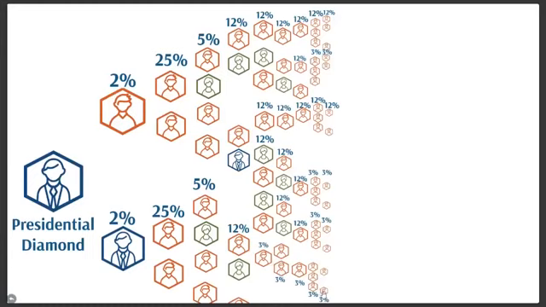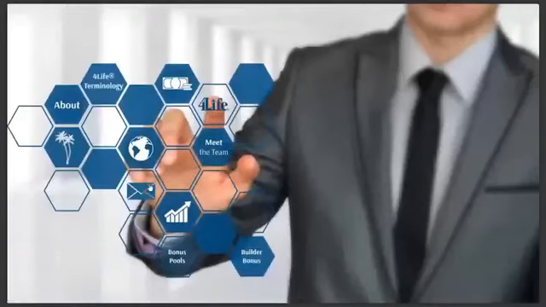But look how many times it pays Infinity Payout, because now he's getting one of those. He's either getting 12 on these ones, depending on if there's a diamond down here or not, or 6. And then he's going to get 3. And then the Infinity Payout 3 is going to go up to this presidential diamond. So if that didn't make a whole lot of sense, just go back and watch this one more time. And when you get to this point, you'll be like, oh yeah, that clicks, because it does take a few times to really let all this information settle in and get a great understanding of how the 4Life compensation plan works and how exactly does Infinity Payout work.